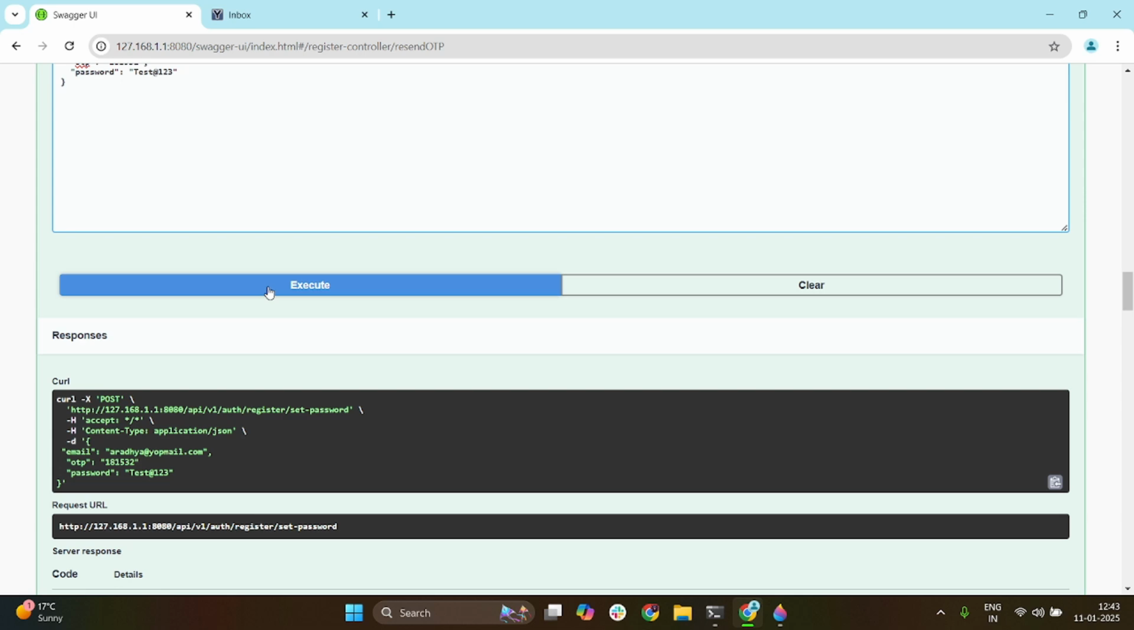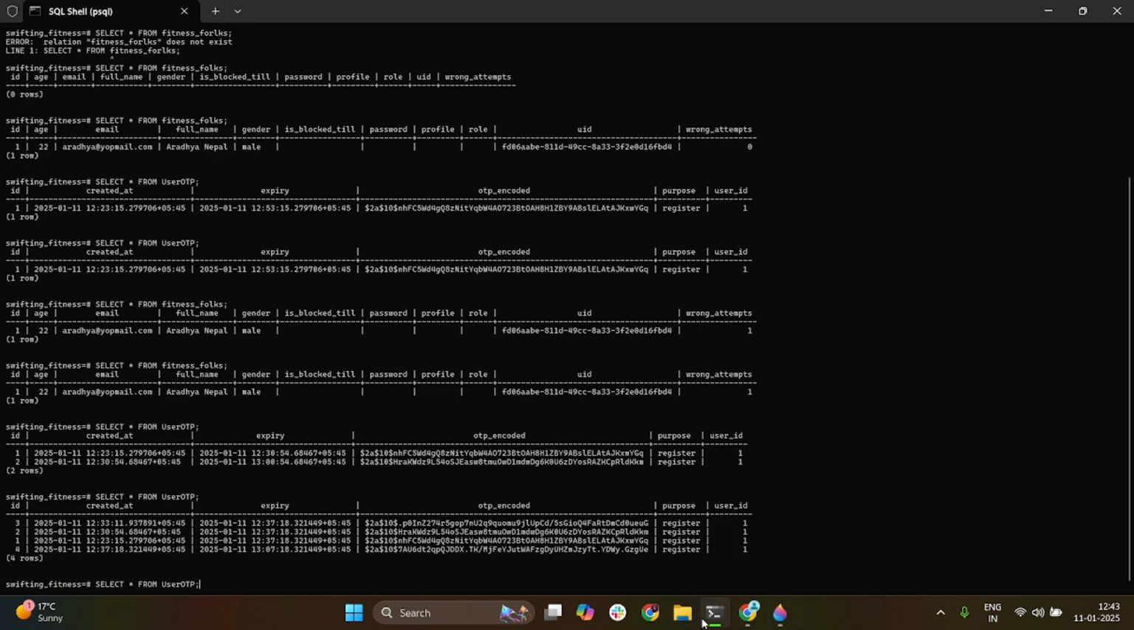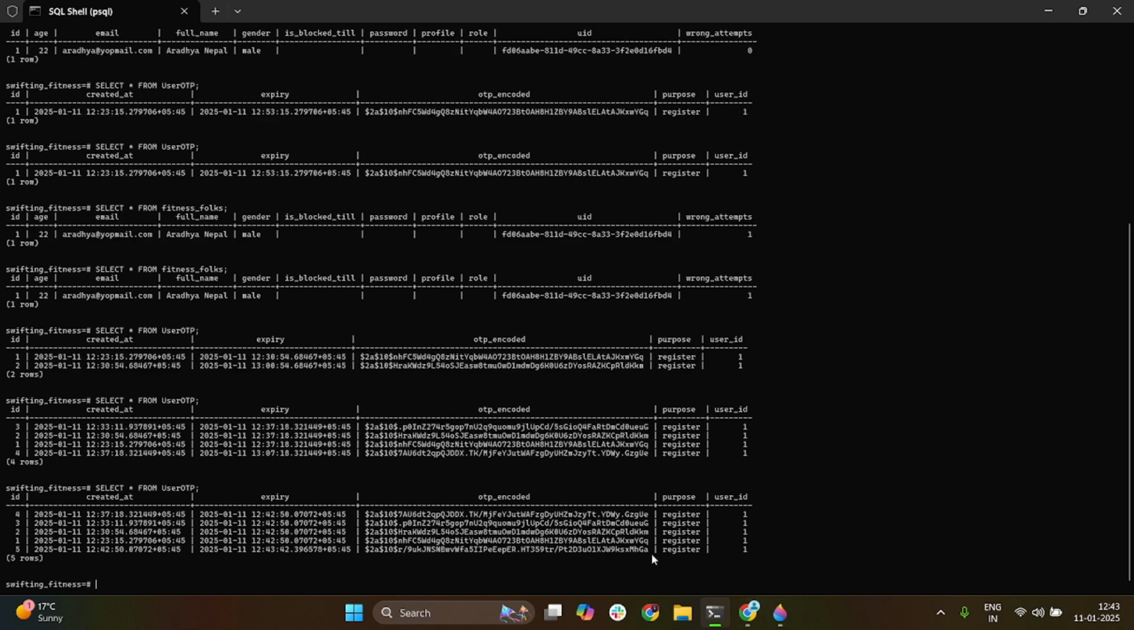request. And when I click execute, account is created. Okay, the account is created and password set successfully. If you look at this table, basically the account is created and the expiry is, so what I've done is once the OTP,